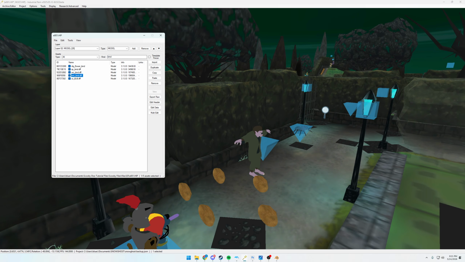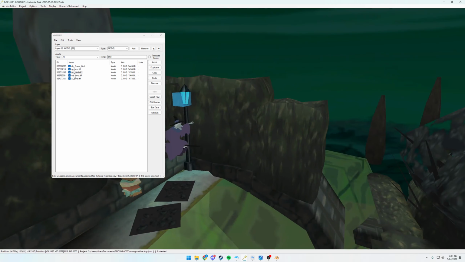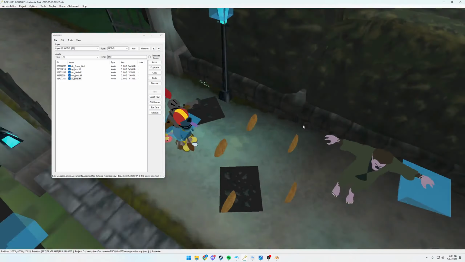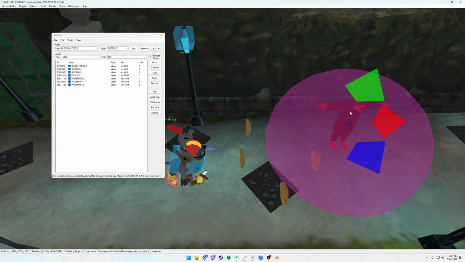WC_bind, that's the witch. That's this one right here. Okay. ZZ is the zombie. Again, if you don't remember which one is which, you can find it by clicking on the model, but it's always going to have bind next to it. So what I want to do, I'm going to go back to